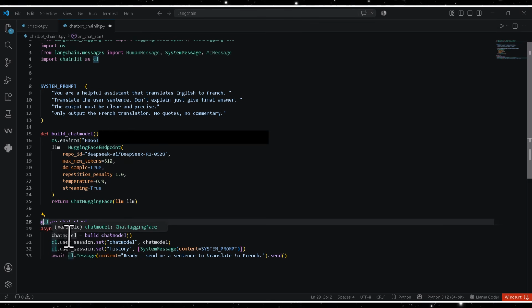And after that, we need to initialize our chat model. We just simply use the function that we have defined earlier in our application. And then we need to initialize the session of the user. We just simply call chainlit.user_session.set, and we give the chat model that we have initialized here to introduce it to our Chainlit. And after that,